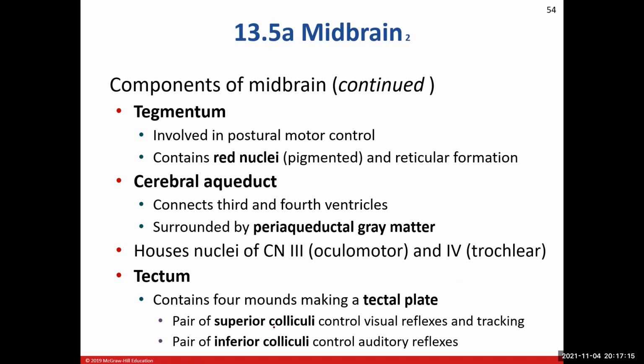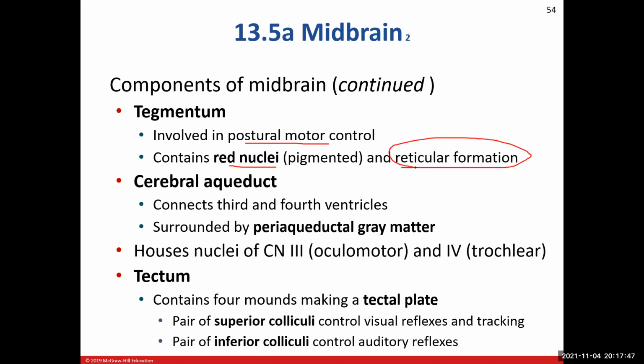All right, going further posterior in the midbrain, we'll see the tegmentum, and that tegmentum has to do with that postural motor control. All right, we were talking about this a little bit in those indirect motor tracts that we were discussing. The rubrospinal tract, all right, the red nuclei is part of that convoluted, all right, not sensory pathway, that motor pathway. And it also has to deal with, all right, postural motor control,